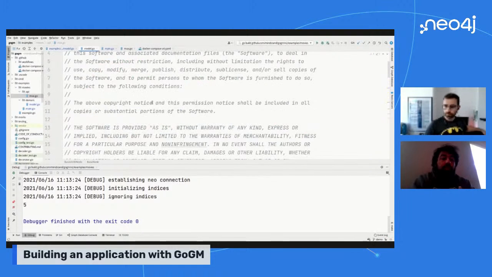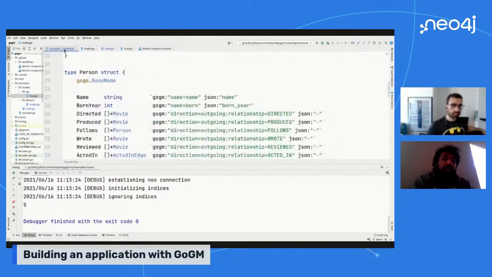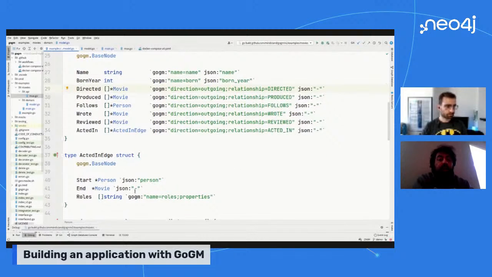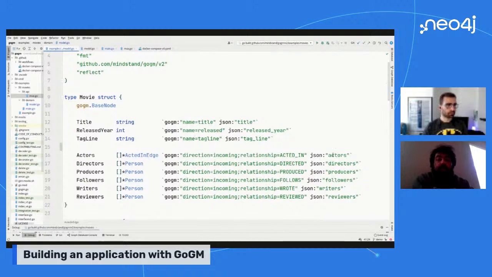A note on JSON for this kind of thing. I specifically told Go to not try to serialize any of the relationships from the person perspective, and to not serialize the movie. And then inside a movie, I tell it it can serialize everything.